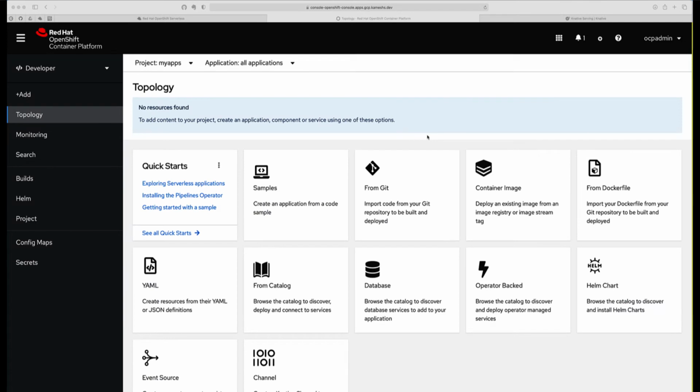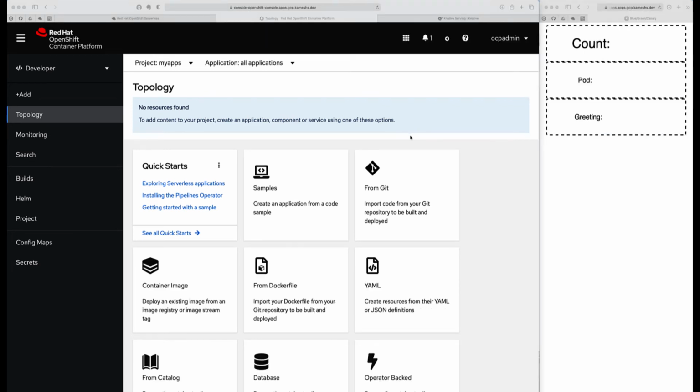In this video, we will deploy a simple microservice that changes the color of your browser page and greets the user. Both the color code and the greeting text are user configurable values and set during the deployment of the Knative service. As part of this exercise, we will change the configuration, that is the color code and the greeting text, to observe how a change in configuration makes Knative roll out a new revision. Let's go and deploy the colors Knative service.